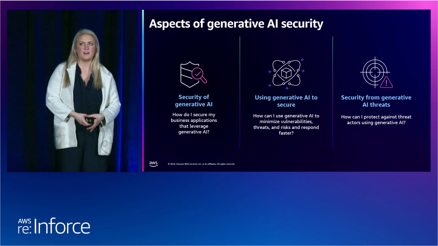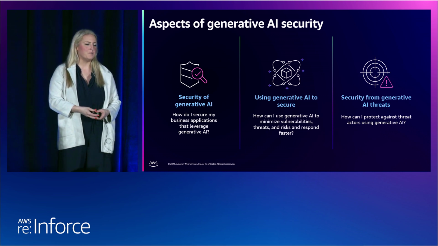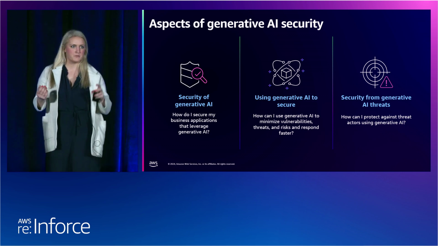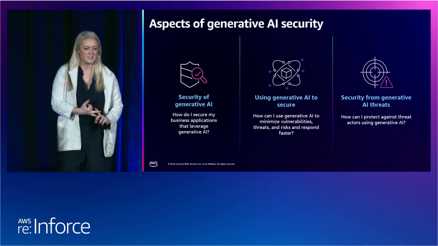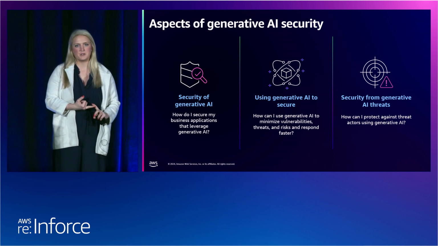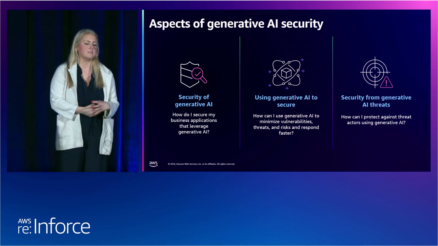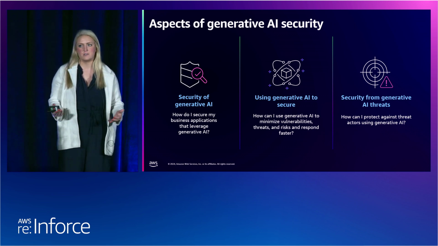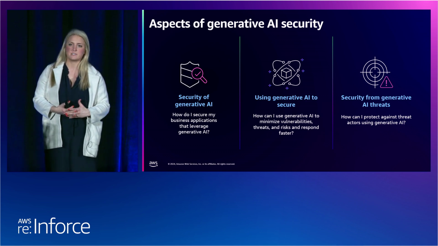Next is using generative AI for security. We have a number of talks on this. I'm speaking to it at a later date as well. And this is how you use it as a security professional to make your life easier. This could be through prioritizing alerts, summarizing things along those lines. And then lastly, security from generative AI threats. If you're familiar with the OWASP Top 10 for LLMs, that would be a starting point for this. And this could be things like deep fakes or how do you generate phishing emails, for example, from generative AI. So it could be a resource for threat actors as well.